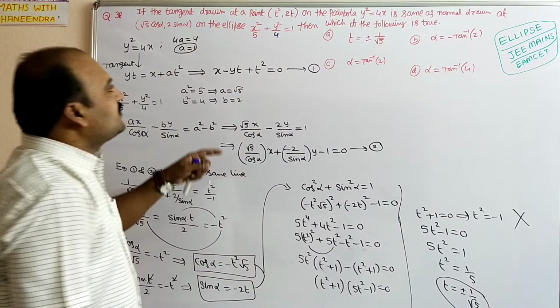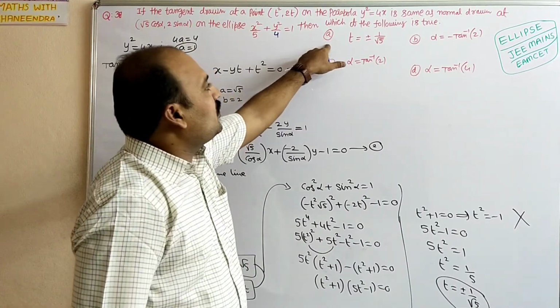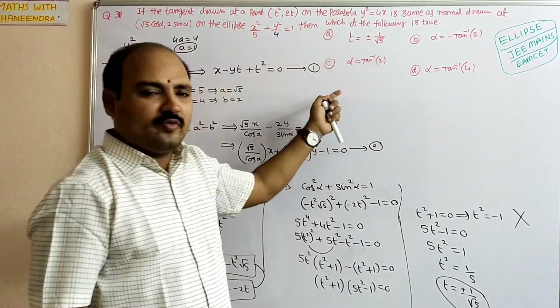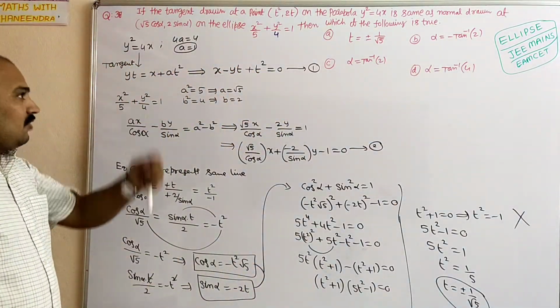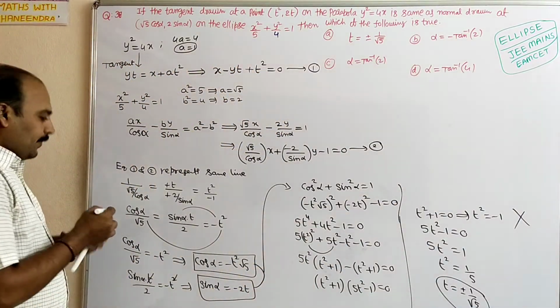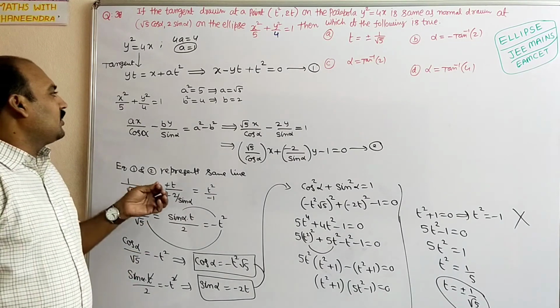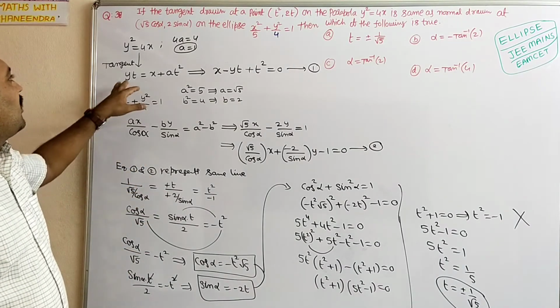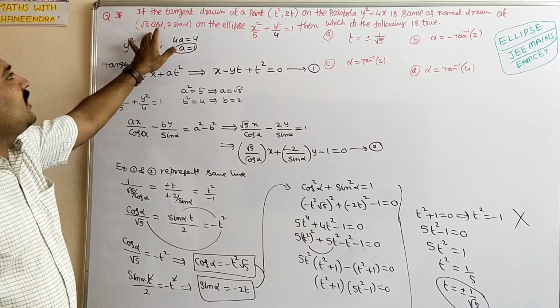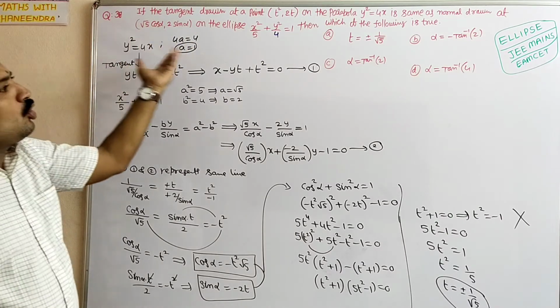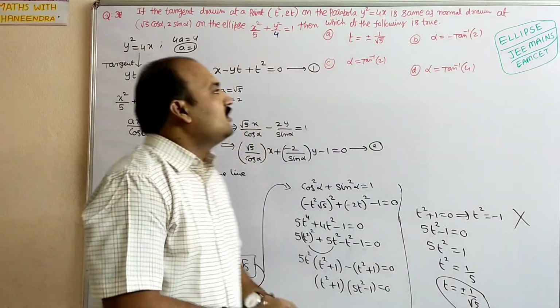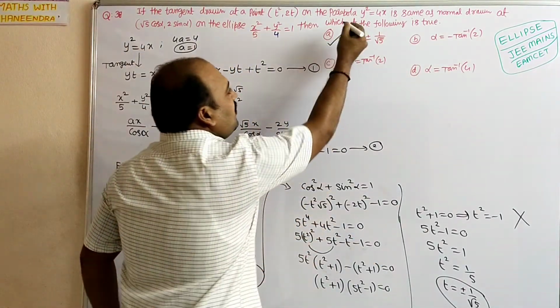So the t value which is there in the option, t value plus or minus 1 by root 5. No need to go for other angles, alpha value. That alpha value is the eccentric angle, theta value. If you want to go with that theta value, a cos theta, b sin theta values will be there. So sin by cos is tan alpha equal to 2 by root 5. 2 by root 5 anyway is not there here. So the first option is the right option.